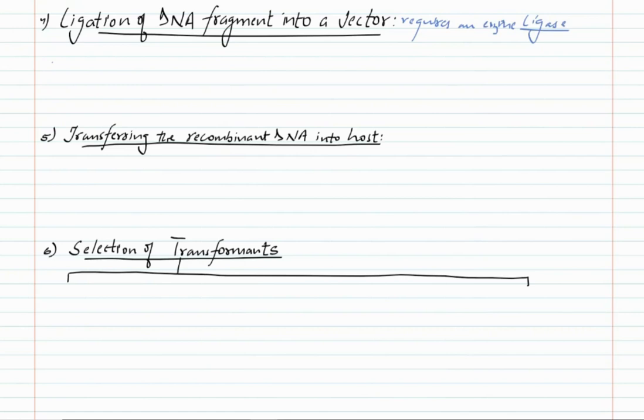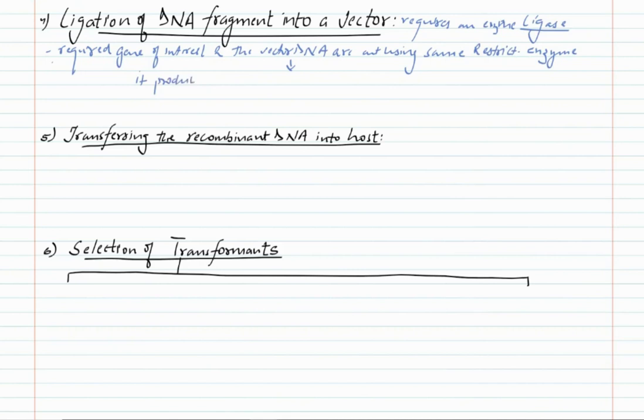So what we do is, first we cut the required DNA fragment, our gene of interest, with an endonuclease, and the vector DNA will also be cut using the same endonuclease. So the required gene of interest and the vector DNA are cut using the same restriction enzyme. What this does is it produces the same type of sticky ends in both